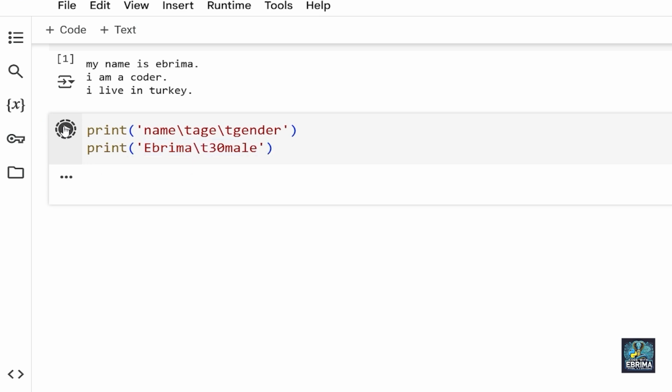So now let me hit it. You can see now these two are in line. Now it's the male and the gender that have to be in line. So between 30 and the M, I'm going to put a \t here. And now if I hit it, you can see name, age, and gender. All right, so this is how you add horizontal spaces in Python. Happy coding, keep improving your coding muscles, and see you on the other side.